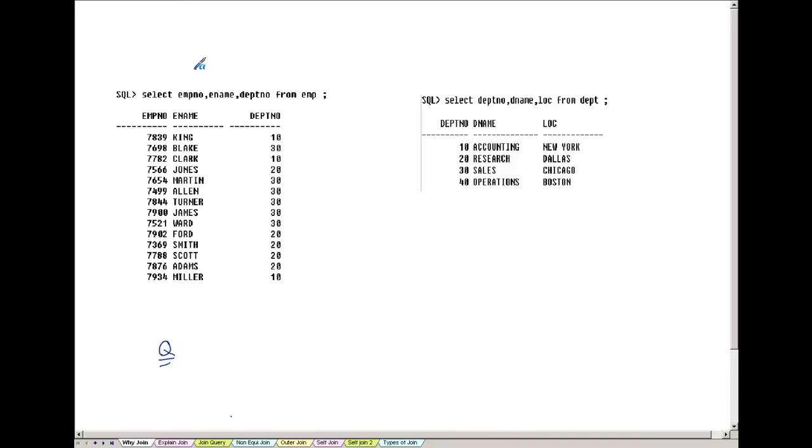So let's say here is my employee table. In my employee table, I have employee number, ename, and department number. And I have a department table where I have department number, department name, and location. So if I query from my employee table, I will get everything about the employee and the department number. But the question I'm asking here is: write a query